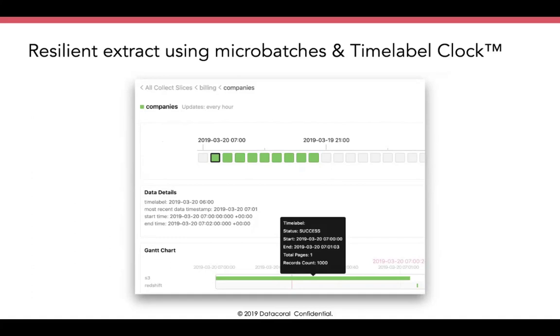That is correct. And one of the benefits of all of those equations is it's completely driven by events. So it's all microbatches, most important events. So let's say you have information coming in that's supposed to come in every hour, and there's been a database migration which happened. Now you updated millions and millions of records, and that specific extract is taking a lot longer than you typically do. That's when you get into issues.